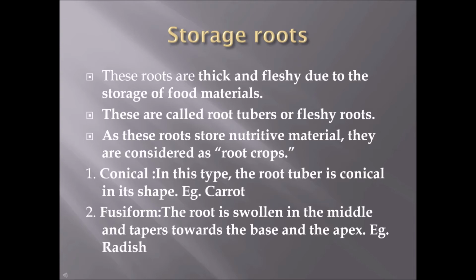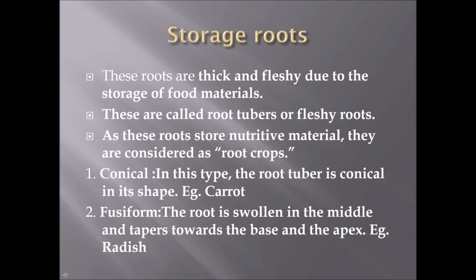So the subdivision of the storage roots means conical, fusiform, and the third is napiform. Conical means in this type the root tuber will be in the shape of a cone. So in conical shape it will be, example carrot. And fusiform, what will happen, the root will get swollen in the middle, and it will decrease its size